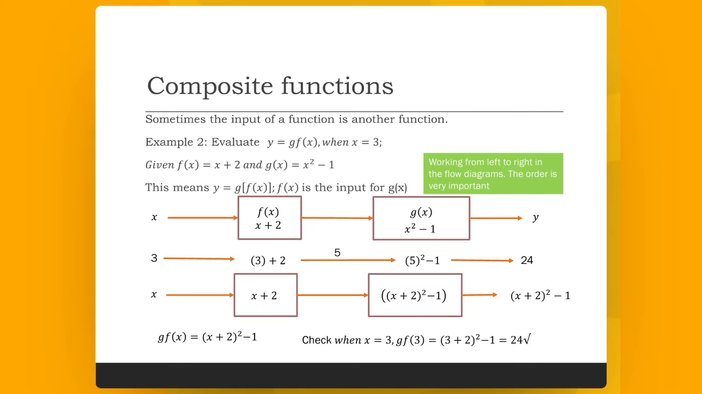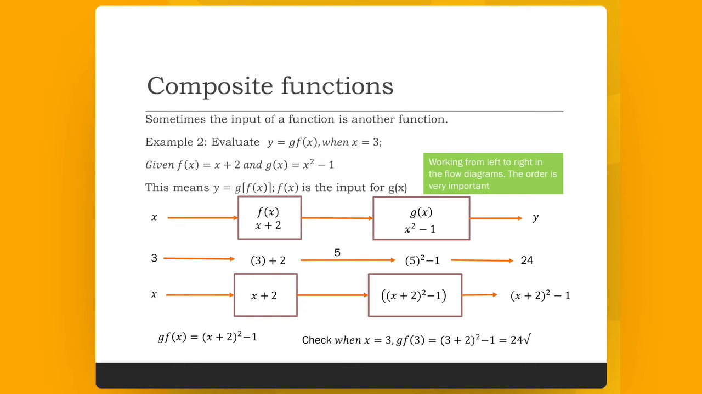Now we can repeat this process, and in example 2 we are evaluating y equals gf of x when x is 3, given f of x equals x add 2 and g of x equals x squared minus 1. I hope you can recognize that we are using the same functions, f of x and g of x. In this second part, f of x is now the input for g of x. So again, using the two different approaches, we are going to evaluate f of x first